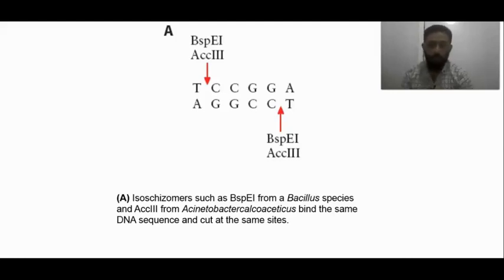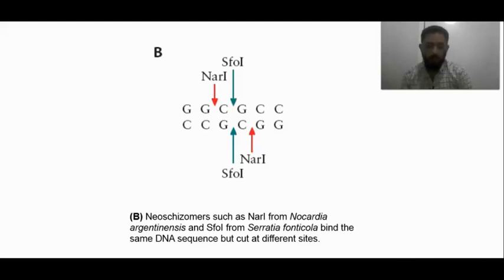The first is isoschizomers, such as SpeI, which is produced from Bacillus species, and AcuI from Acinetobacter calcoaceticus. The recognition site for these two examples of restriction endonuclease is only one. The product is the same. The other one is the neoschizomers, such as NarI or NarI from Nocardia argentinensis and